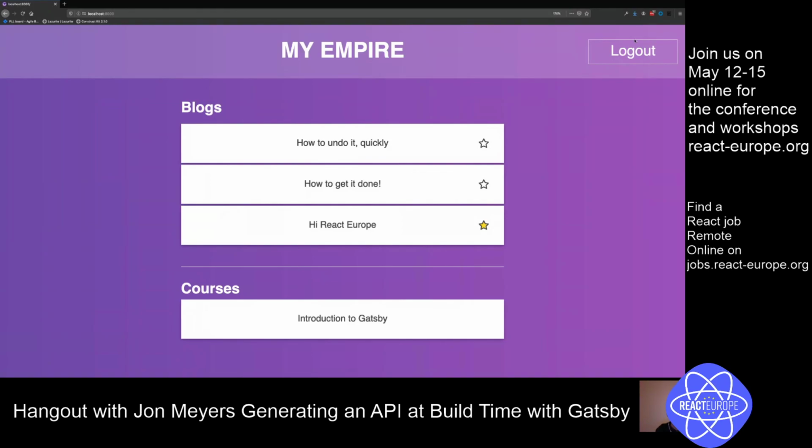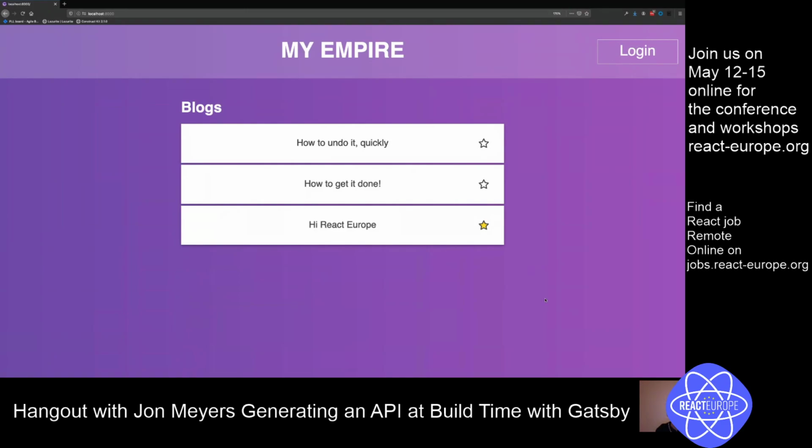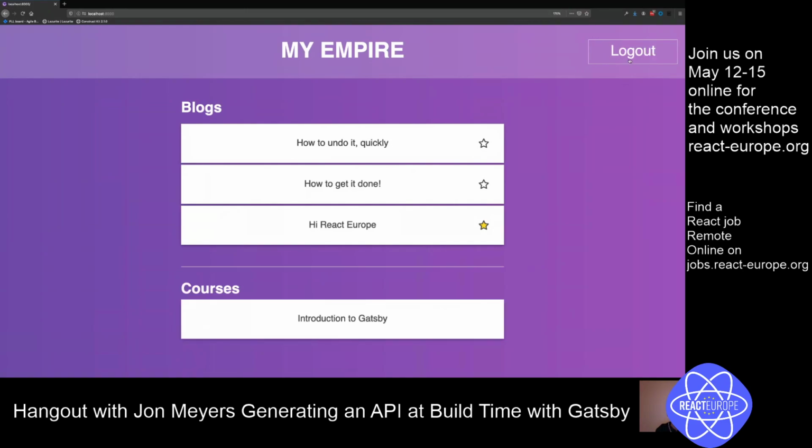So again, if I log out, we don't see those courses, so we can't access those courses from the API if we're not logged in. But when we log in, it triggers a fetch to go and get those courses and display them to the user. And what does that look like from a